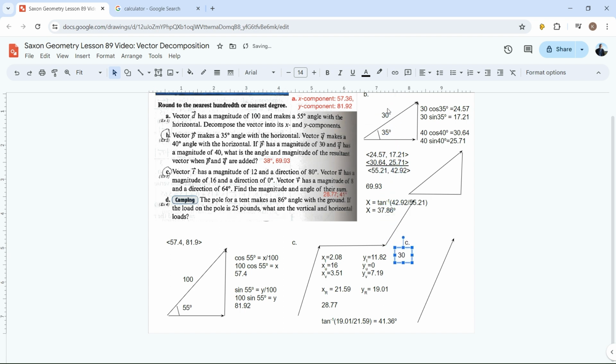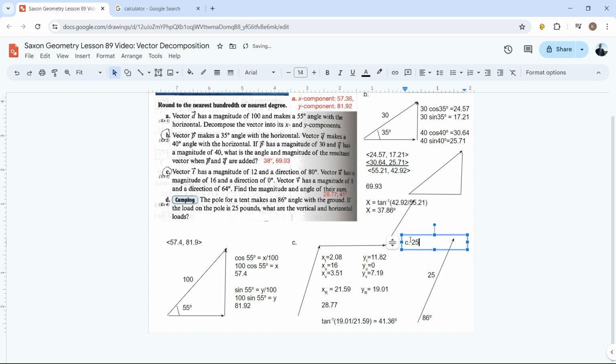I'm going to make this vector pointing upward like this still. So normally loads pull downward, but I'm just going to make this represent the amount of force with which this vector has to push back on the load to hold it up. This angle down here is 86 degrees. And I need to decompose this into the x and y components. And we've seen enough of these that you know this is actually not going to be that hard. Because what are we going to do? Well, it's just going to be